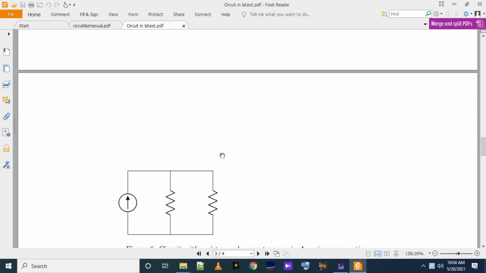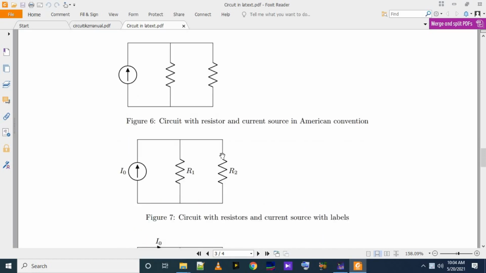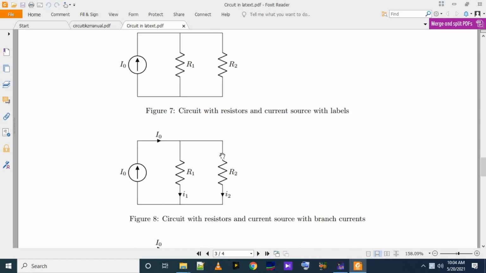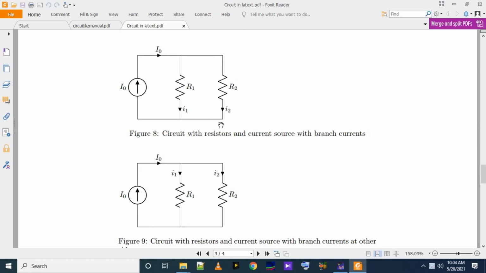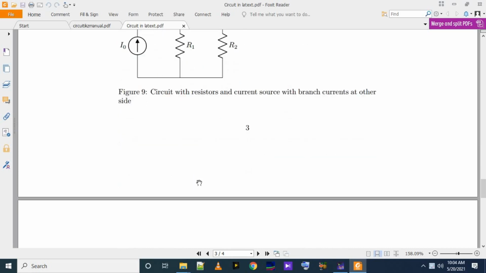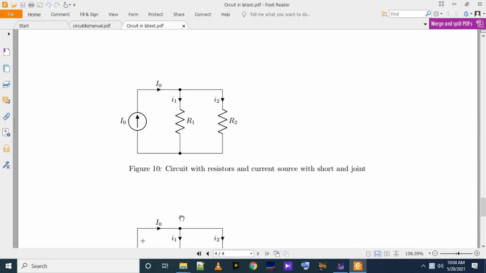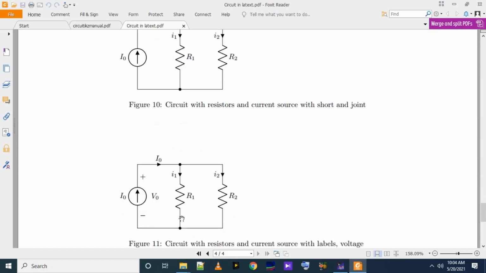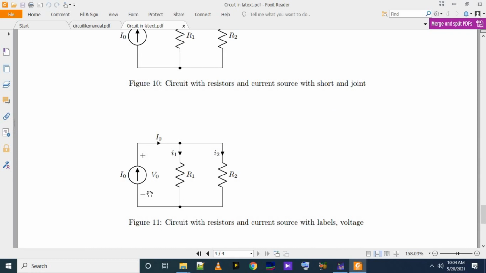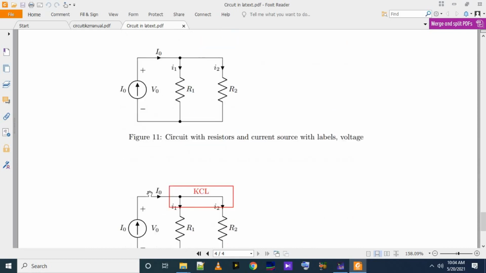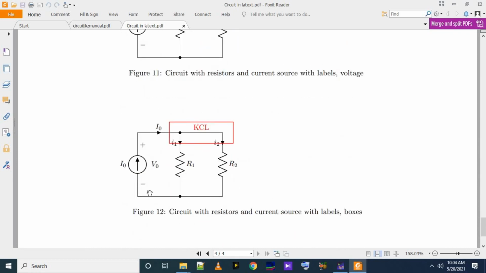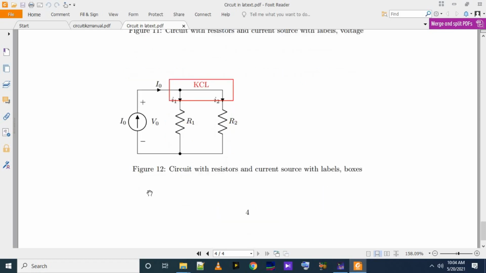Now we have the current in American convention. Circuit with the current source and label. Circuit with resistors and current source with the current labels. And now we have added a voltage name here to the current source, and next is the box of the Kirchhoff current law, KCL.